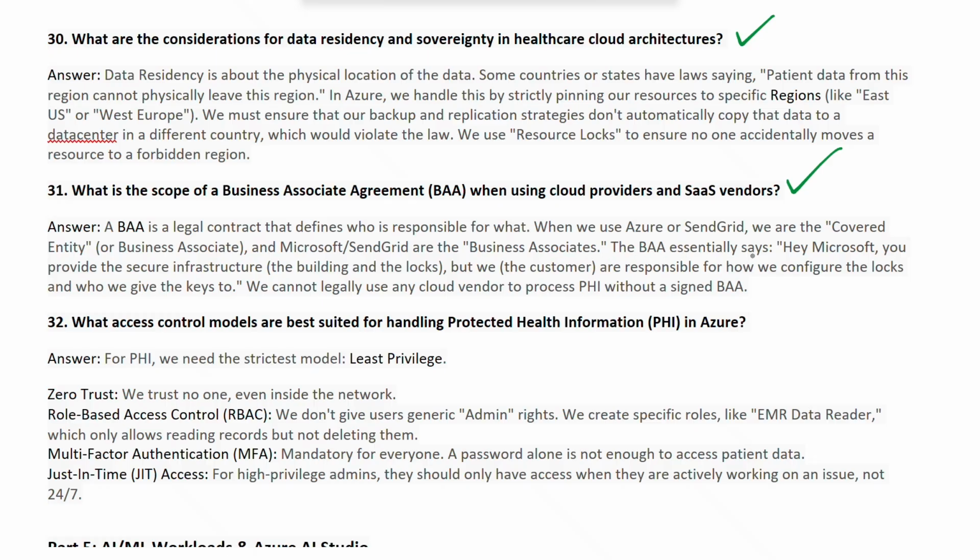The BAA essentially says, hey Microsoft, you provide the secured infrastructure, that means the building and the logs, but we, that means the customers, are responsible for how we configure those logs and who exactly we give the keys to manage that. So we cannot legally use any cloud vendor to process PHI without a signed BAA. So this is the scope of a BAA when using cloud providers or SaaS vendors.